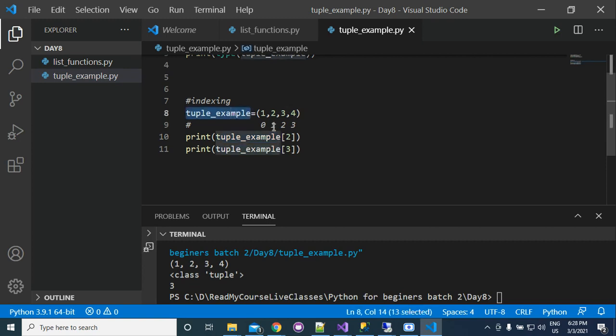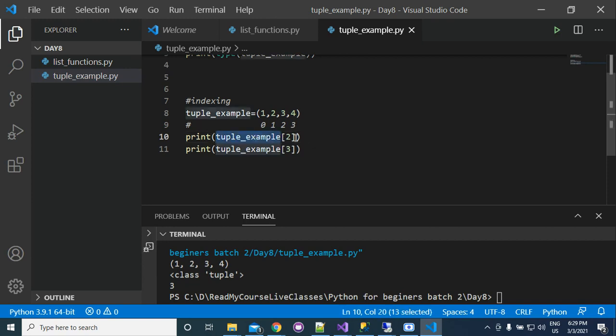If we talk about a list 1 2 3 4, the positions will be 0 1 2 3. Similarly, in case of tuple also, the position of the first element will be 0, next will be 1, next will be 2, and next will be 3.